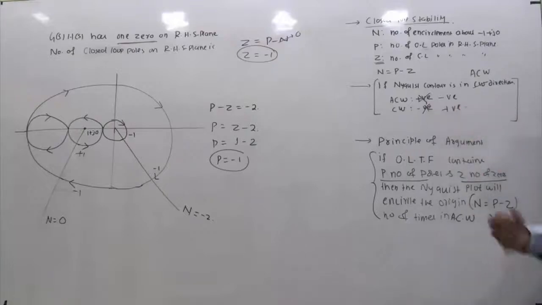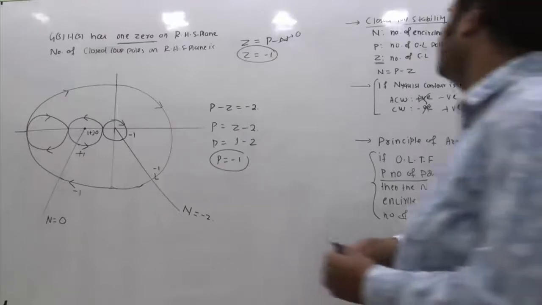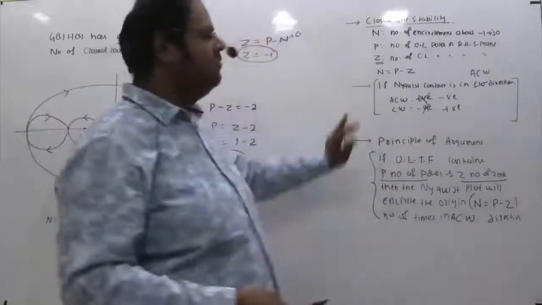In the question they haven't given what direction the Nyquist contour is taken. So by default we take clockwise, but with clockwise we are observing something unexpected. So let us see with anti-clockwise, because if they would have given this information directly in the question, it would have gone to the proper one, but it is not given directly, and something else is coming. Let's go this way. So if you go this way, what is going to happen? All equations will be the same, only this counting of N will vary.